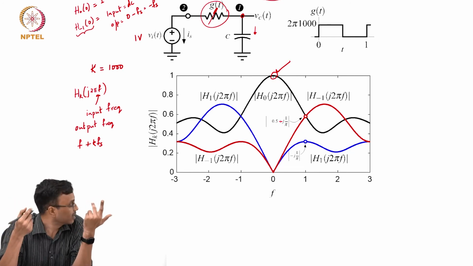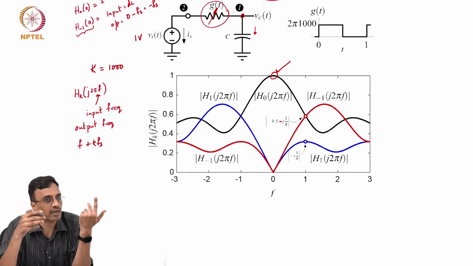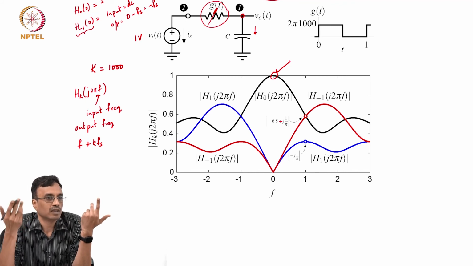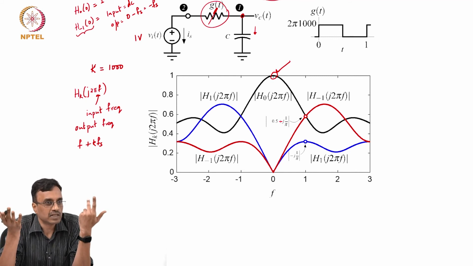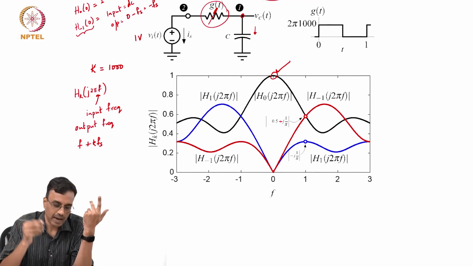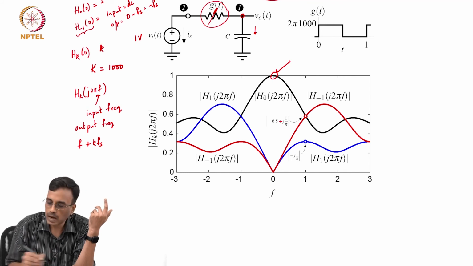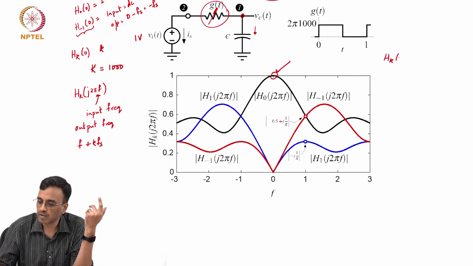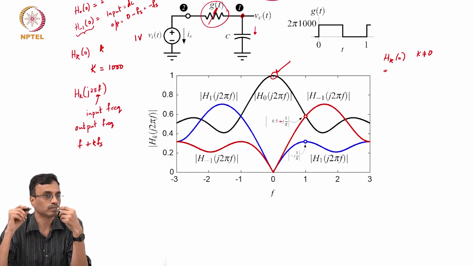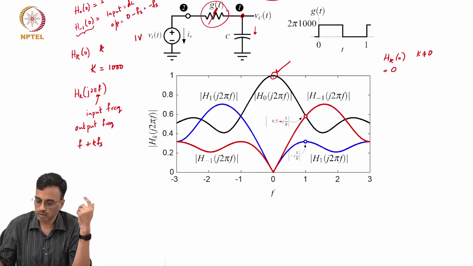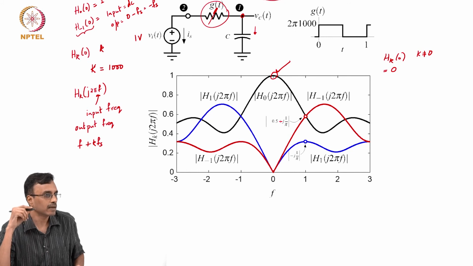And well, it does not require a genius to figure this out. The output is a pure DC. So if you Fourier decompose the output, what do you get? Well, you only get DC, all the other components are 0, and therefore H sub k of 0, for k not equal to 0, must all be equal to 0. Does it make sense? Right?